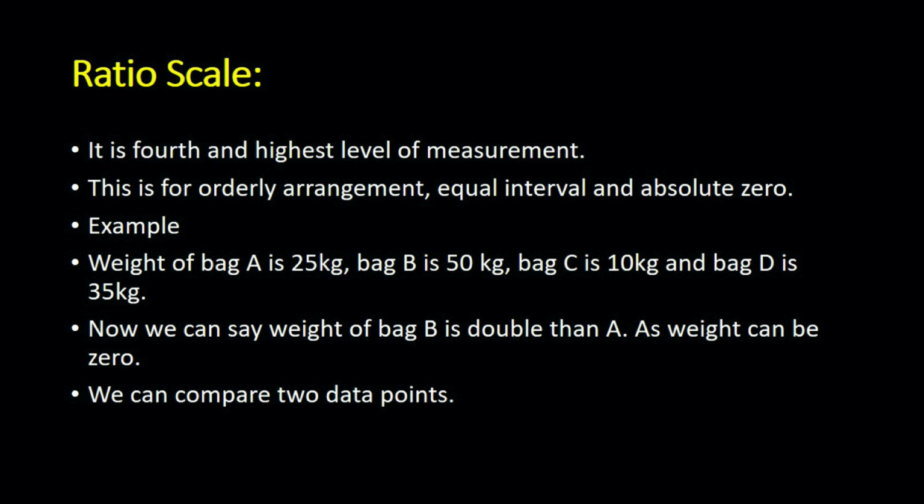Okay, in this continuous phase, you are going to see the ratio scale second slide. It is the fourth and highest level of measurement. This is for orderly arrangement, equal interval, and absolute 0. For example, weight of bag A is 25 kg and bag B is 50 kg and bag C is 10 and bag D is 35 kg. Now we can say the weight of bag B is double that of bag A, as weight can be 0. We can compare the two